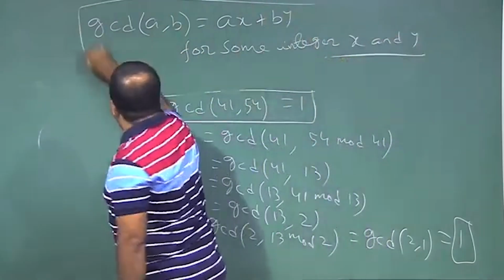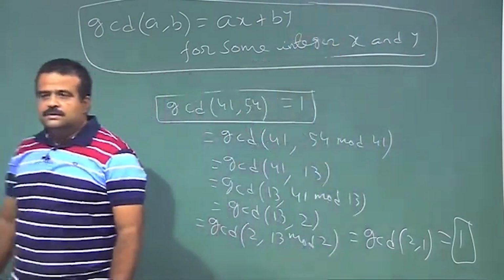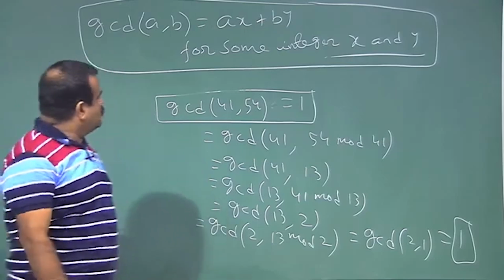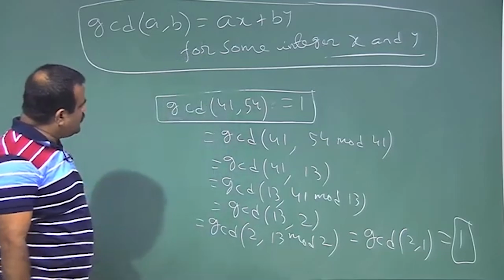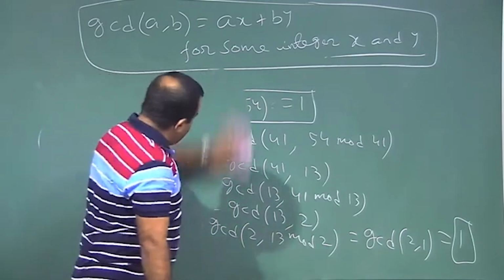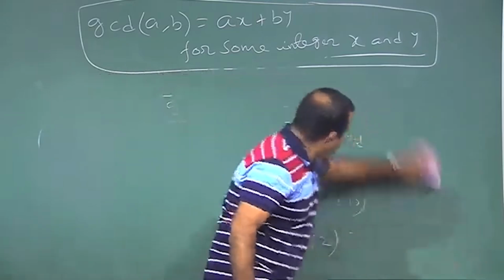This is a theorem we need to prove, and this will give us the extended Euclidean algorithm. Now for this example, how to get this x, y? The GCD is 1, so 1 must be written as